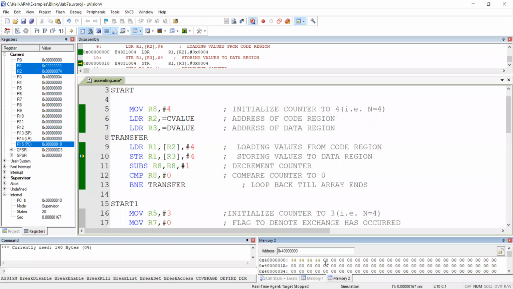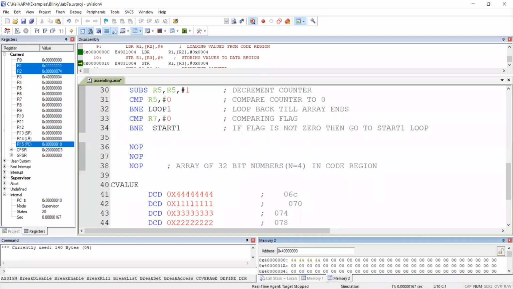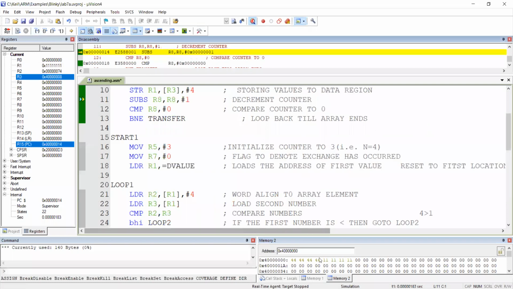70 is fetching. 4004 is the destination. You are right, Taranpreet Singh is correct. It will store to 4004. See, this is 4000, 1, 2, 3, 4004, 5, 6, 7. These locations will get what value? Whatever you have fetched. What you have fetched is 111. So you can see here 111 will be stored. I think you can notice here 1111.